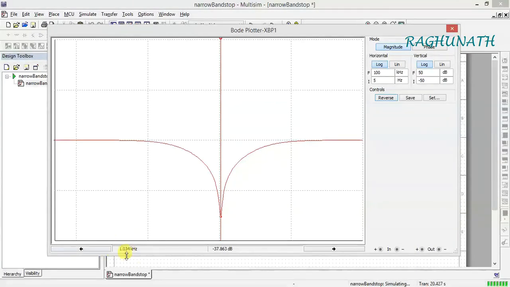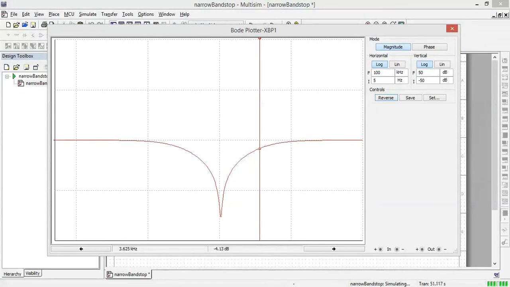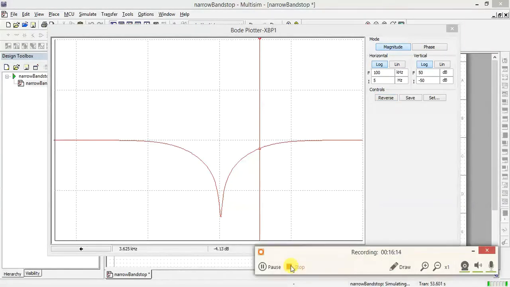Okay, see here the notch frequency is 1 kilohertz, 1.03 kilohertz. The design value is 1 kilohertz. Practically also in the simulation we are getting FN as 1.03 kilohertz. So it is allowing all the frequencies less than 1 kilohertz and greater than 1 kilohertz. Exactly at 1 kilohertz, the gain is reduced. The gain is very less. You can see gain is very less, and it is going to attenuate that particular frequency.